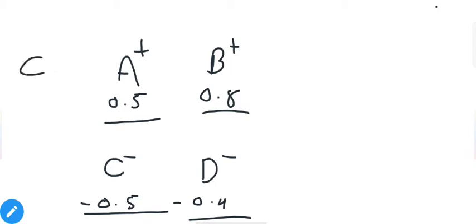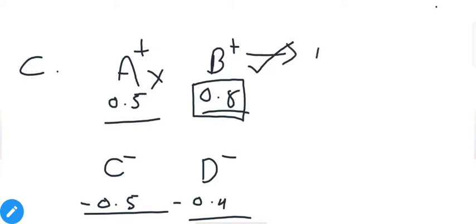First, let us talk about the cathodic reaction. Higher reduction potential value represents that this element has more tendency to reduce itself. That's why B plus will participate in the reduction reaction and no change in A plus will be observed. So on the cathode, our reaction will be B plus will become B by accepting an electron.